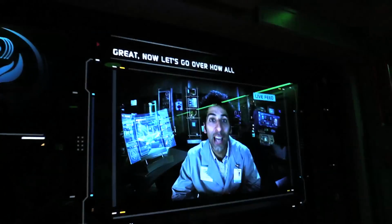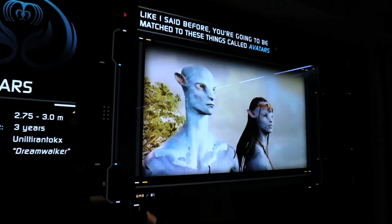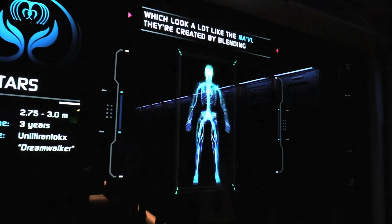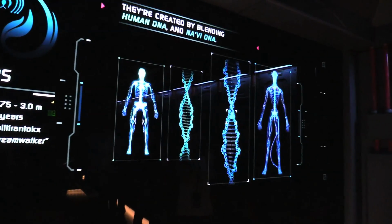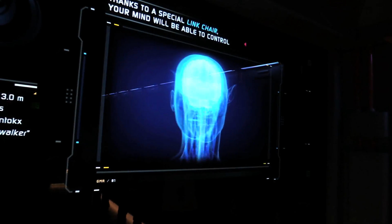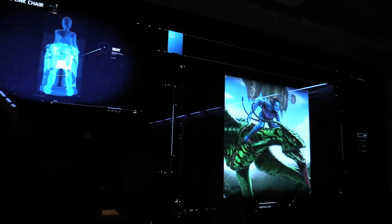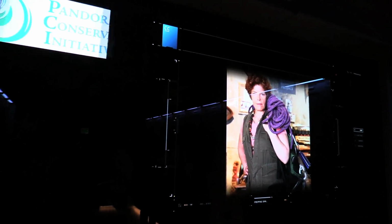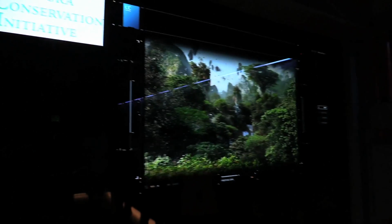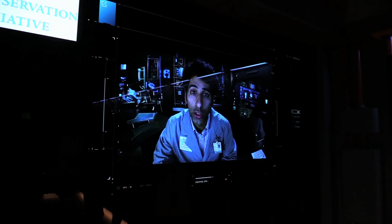Great. Now let's go over how all this works. Like I said before, you're going to be matched to these things called avatars, which look a lot like the Na'vi. They're created by blending human DNA and Na'vi DNA. Once we match you to an avatar, thanks to a special link chair, your mind will be able to control that avatar. Using avatars to fly this way was all figured out by my boss, Dr. Jackie Ogden. She leads our science team, which is part of the Pandora Conservation Initiative, and we're here in the Valley of Mo'ara studying banshees and their environment. Over a generation ago, this enormous...